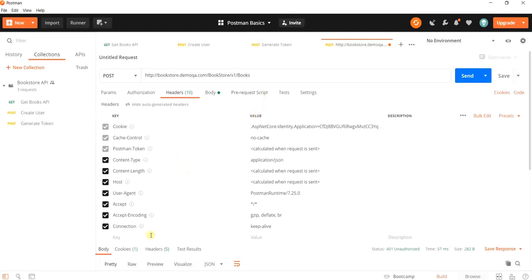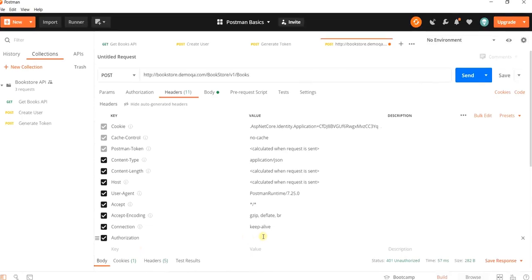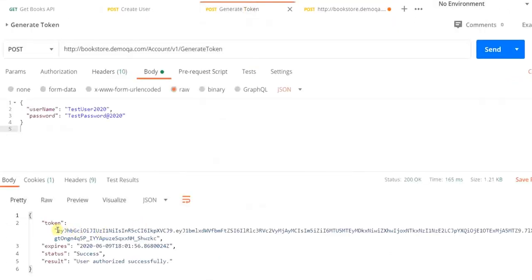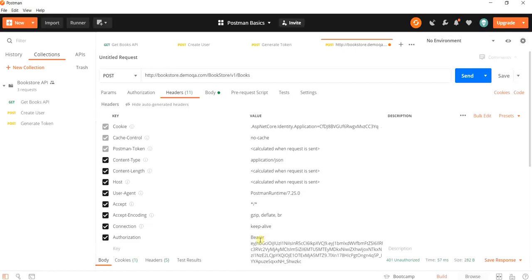Now for adding authorization token, usually the key is authorization and we type in the value over here, which will be token in our case. So I'll quickly copy this token and paste it over here. Now the requirement for this server is that we append it with the key bearer.